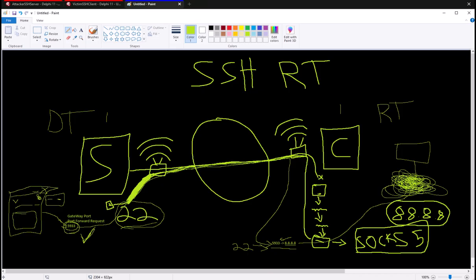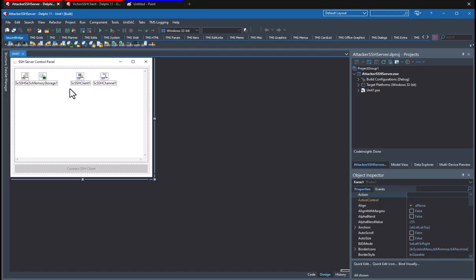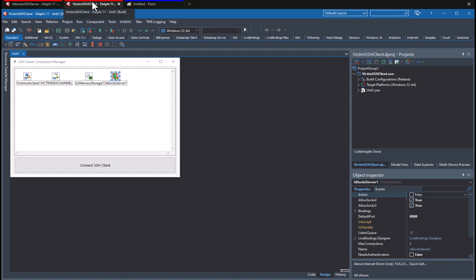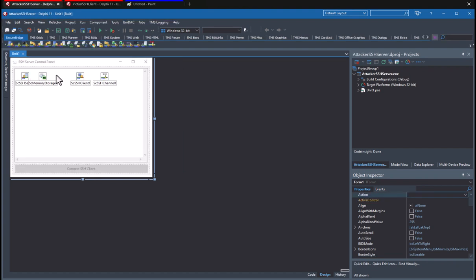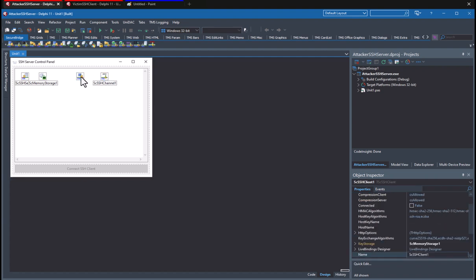Now remember, guys, if we look in Paint, remember how we have the 5933? Well, on the client or victim, whatever you would like to call it, side of things, we have 5933 to 8888. These are gateway ports. Now, pay very close attention, guys. There's three pieces to the puzzle. There's the client side of things, and then there's the server side of things, but there's also a third, and that is a client that's on the server locally, which can actually act as a direct tunnel,